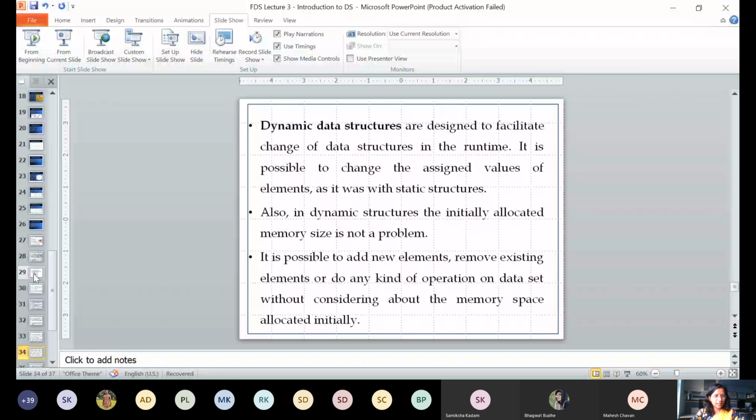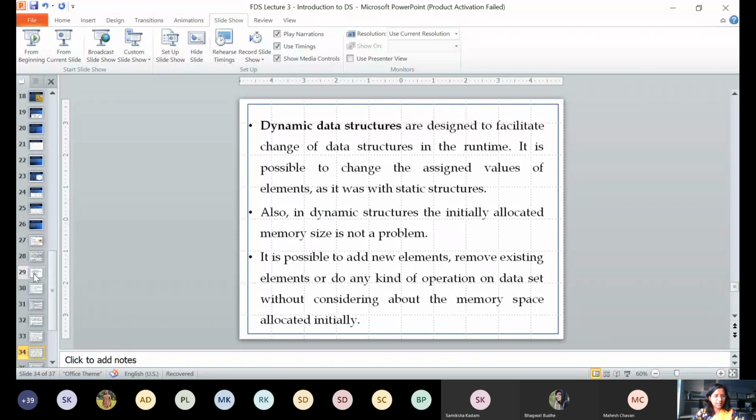Okay. And what will be the largest memory size? As long as you have memory, you will be able to allocate your data in the memory. So what is the limitation? How many elements can we allocate at runtime? It is as large as our computer memory. So those many memory locations can be allocated at runtime, which is called a dynamic data structure. So if you are allocating memory to your data at runtime, then it is called a dynamic data structure. If you are allocating memory to your data at compile time, then it is called a static data structure. So are you getting the difference between static and dynamic?